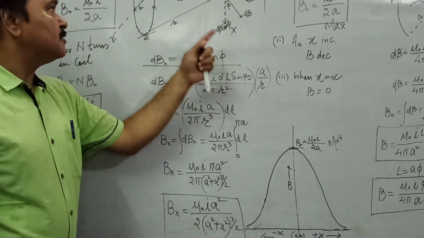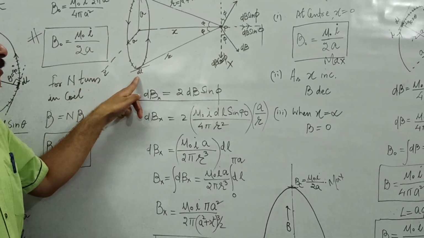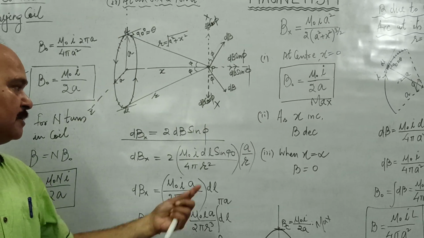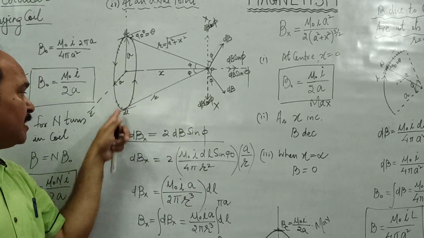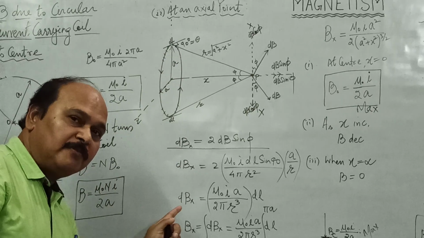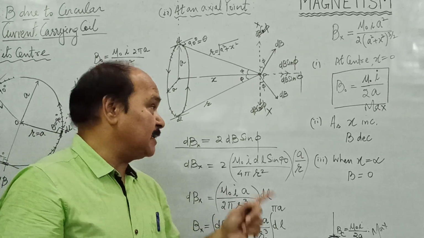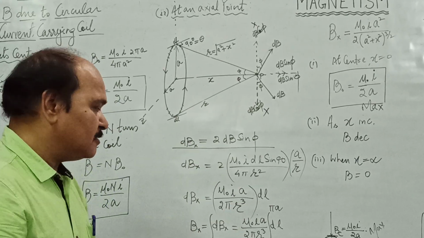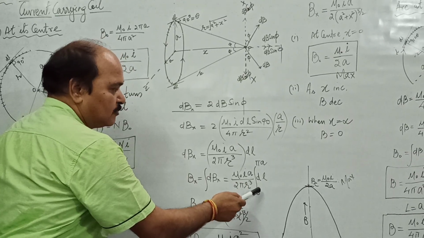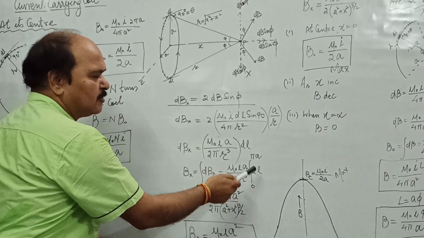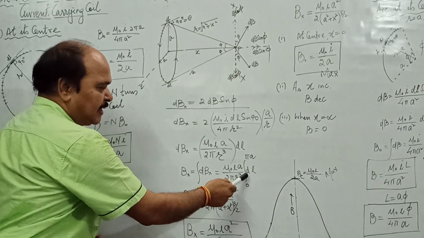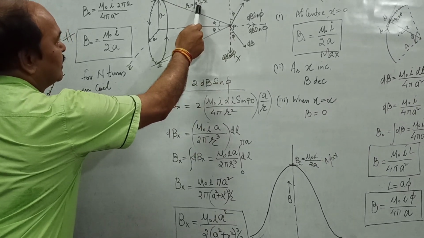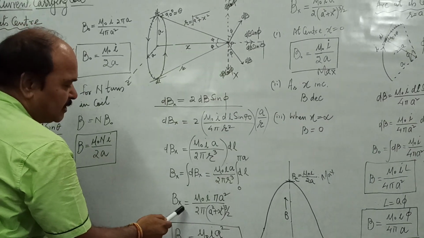Why pi a? Because once we find out the magnetic field because of half of the current carrying elements, the other half is automatically added up, because this is the magnetic field because of a diametrically opposite pair. So when we find out magnetic field because of half the sine component, the sine component due to the other half is automatically taken into account. So integration of dl is 0 to pi a. If we don't take 2 here, we can take the limit 0 to 2 pi a. Anyway, we write dl as 2 pi a, and write r is equal to square root of a square plus x square. We get the value of magnetic field as this.